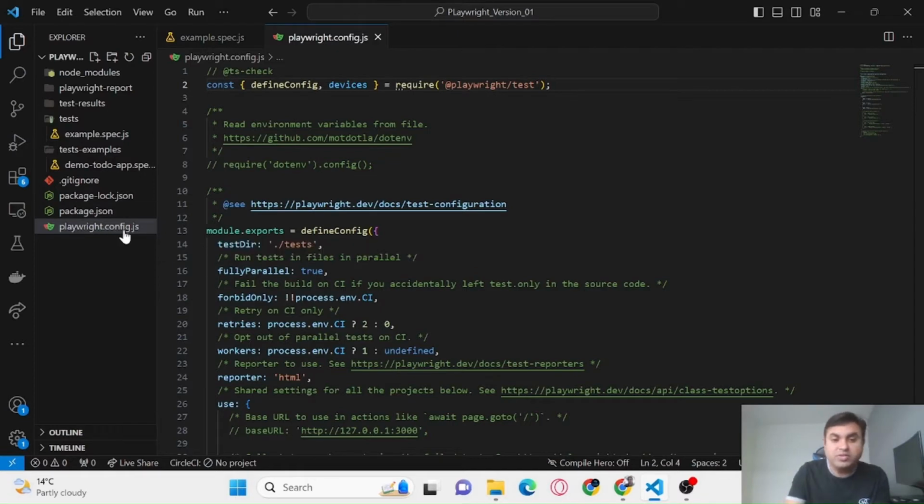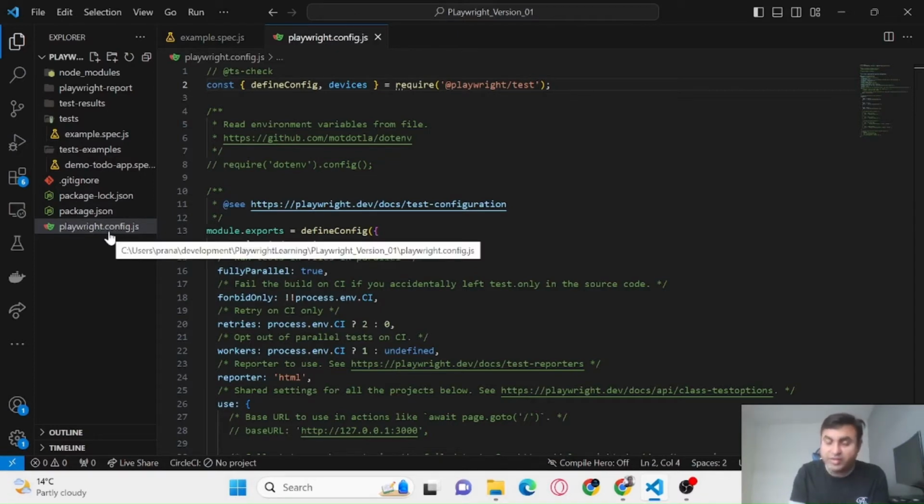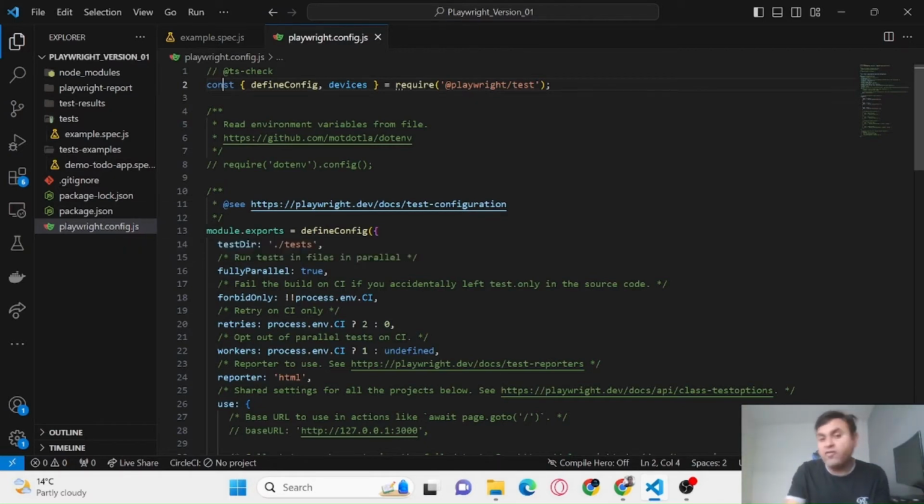This playwright.config.js file is auto-generated when we run npm init playwright. At that time, this JavaScript file is auto-generated by Playwright itself, right? If we understand each and every bit of this file, then it will be a really nice cakewalk for you guys. So let's understand the very first statement, which says const